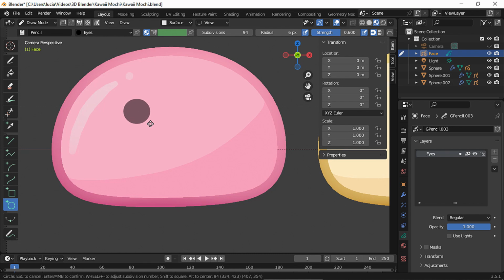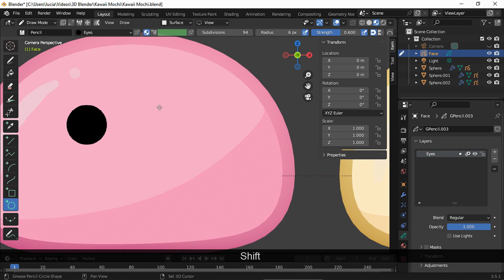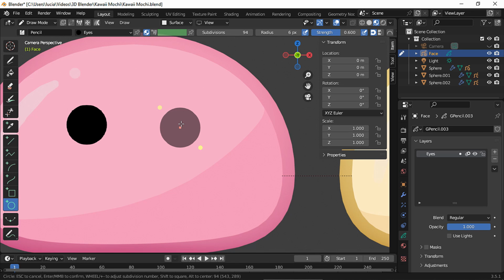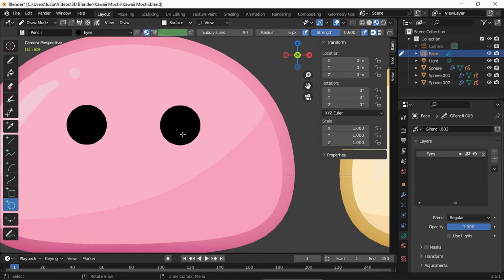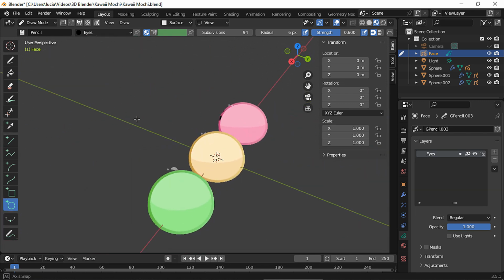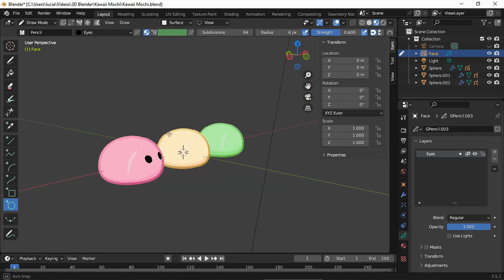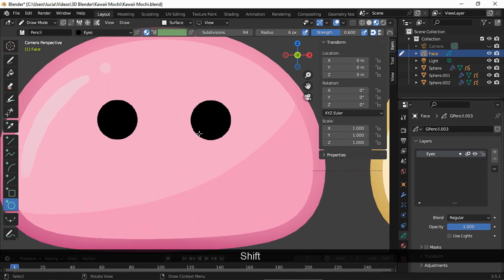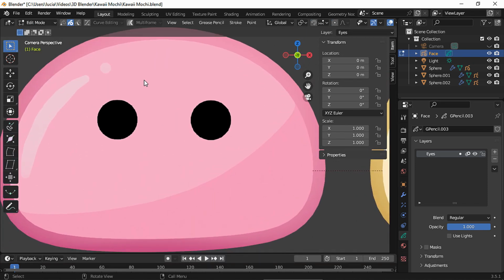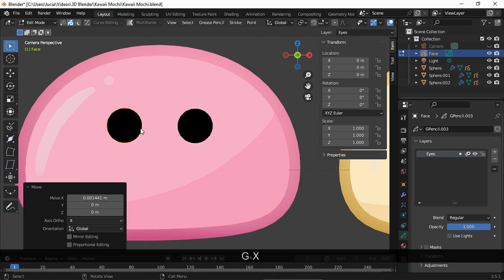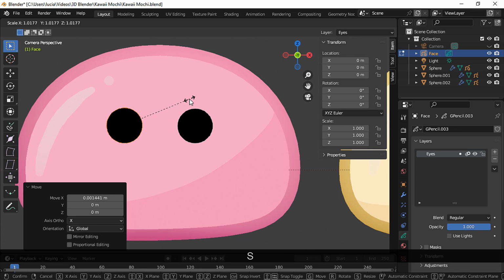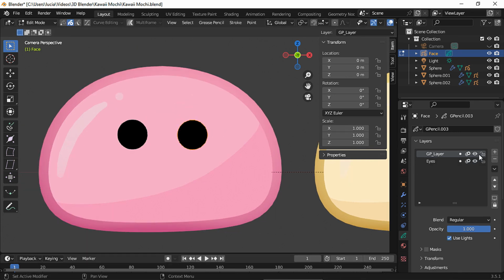Press Shift to get a perfect circle. And make another one. Gonna move it a bit. And the eyes are pretty close to our model, no need to move them any closer, but I do want the eyes to be a bit closer to each other. So let's go to edit mode and move the circles a bit on the x-axis. I'm also gonna scale this one a tiny bit. In a new layer, let's draw the highlights for the eyes.